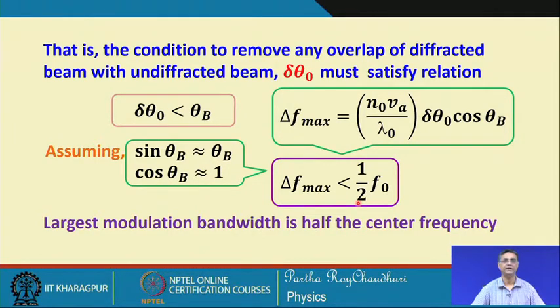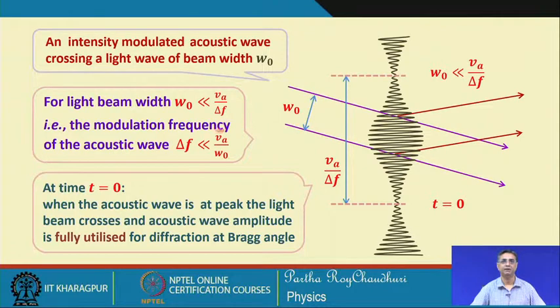This is a very beautiful finding from this analysis, and I hope it has become very clear now. We will make it even more understandable by assuming this fact: let us consider an acoustic wave crossing a light beam of width W0. This is the width of the light beam, and we consider the situation that this light beam width W0 is much less compared to this width, that is from the minimum to the minimum of the acoustic